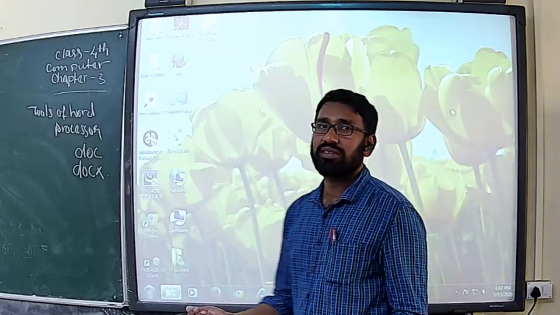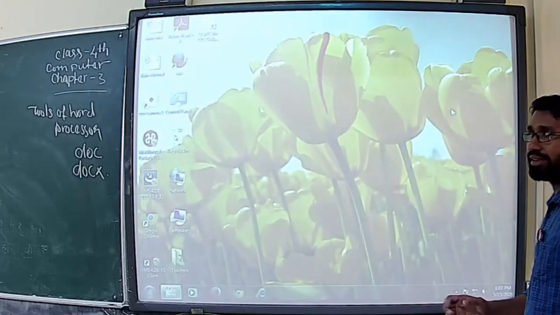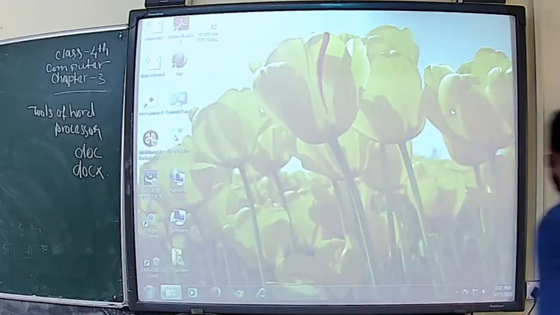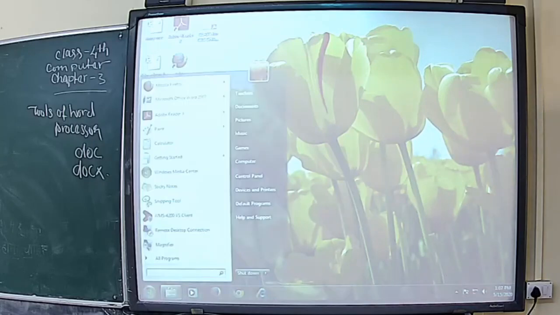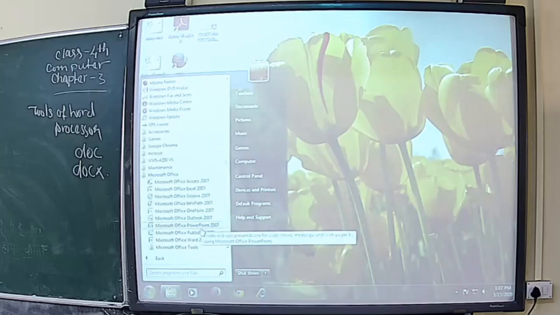First we need to open the Word application. How do we open it? Simply click the start button, all programs, Microsoft Office, then you can see the Microsoft Office Word application.